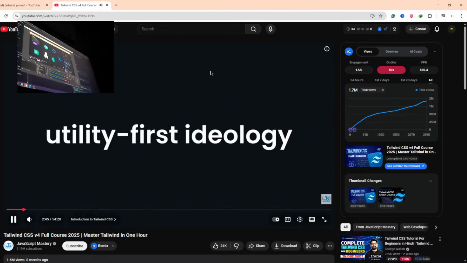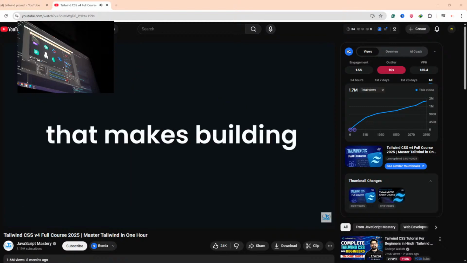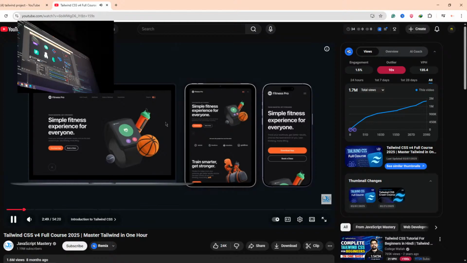It's a utility-first ideology that makes building modern, responsive websites faster